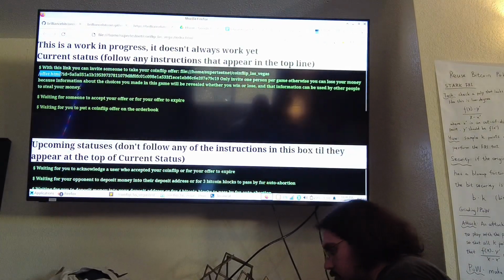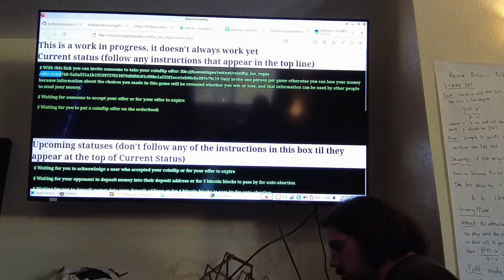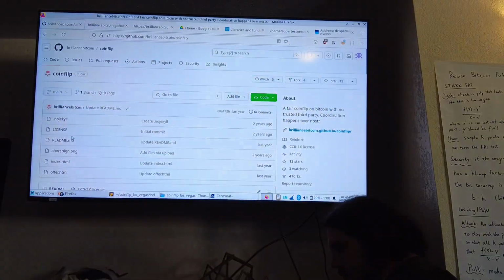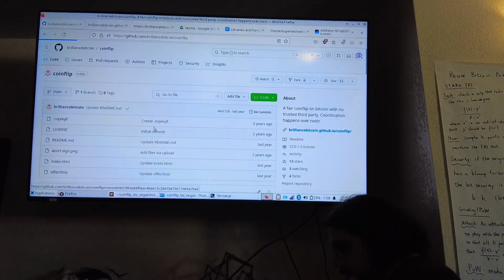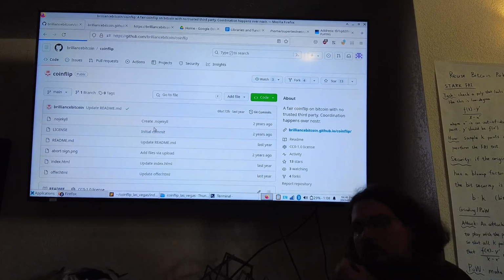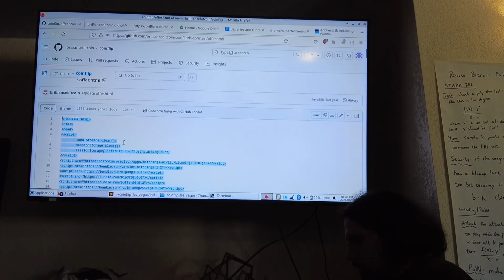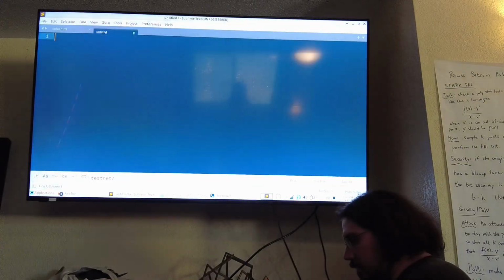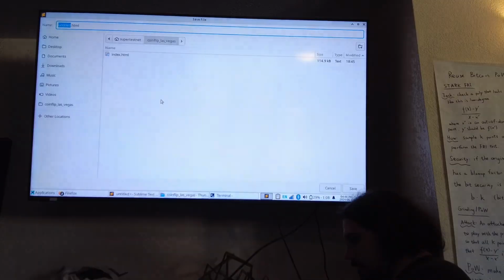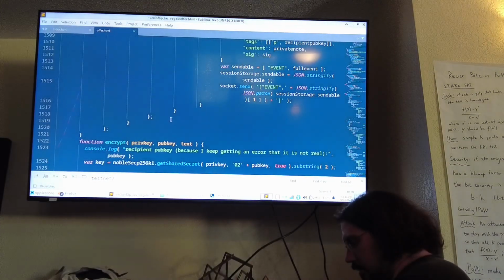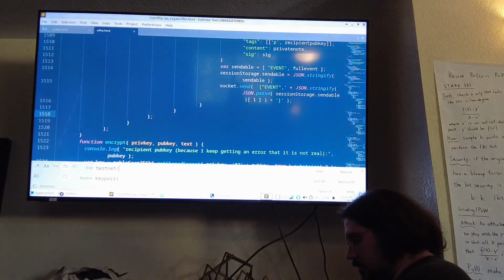Offer.html has to support multiple users, so we have to clone and run it locally. Well, we have to change it because I can't really use testnet 3 anymore, is the problem. So I will save this as offer.html, and then I will change all instances of